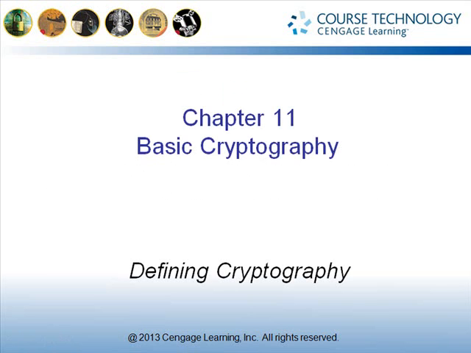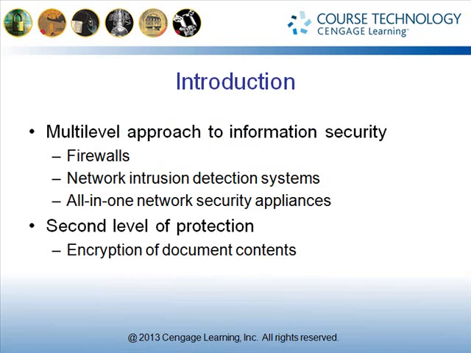Let's begin by attempting to define exactly what cryptography is, but first we'll look into why it is important. We've said from the very outset that having multiple layers is important in terms of information security. This goes back even as far as the very first chapter. Now, I might have a network that has firewalls and a network intrusion detection system, all-in-one network security appliances, and those are all very important. However, if an attacker at some point was able to circumvent these security measures